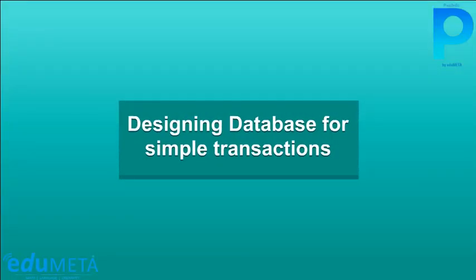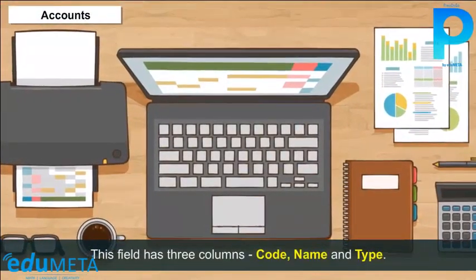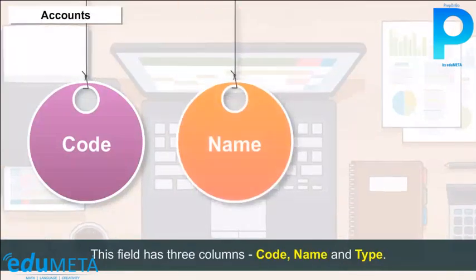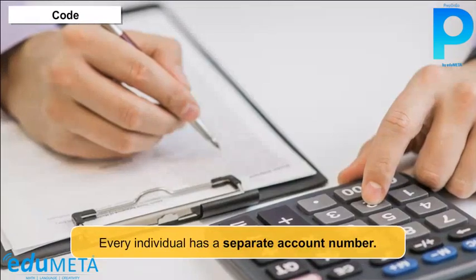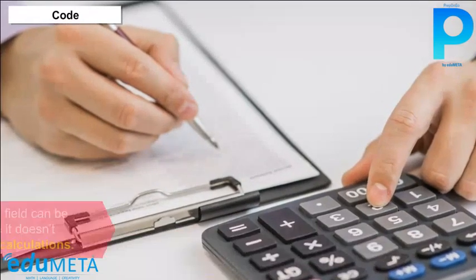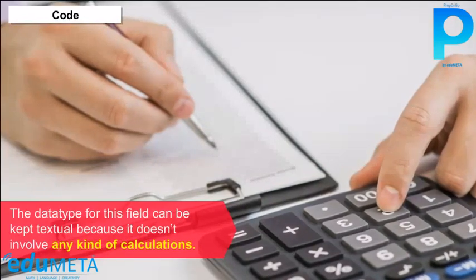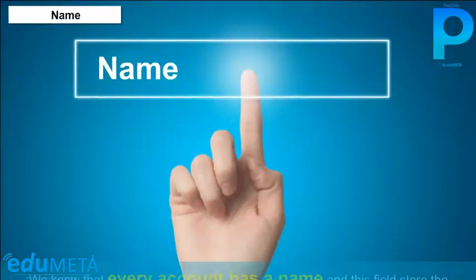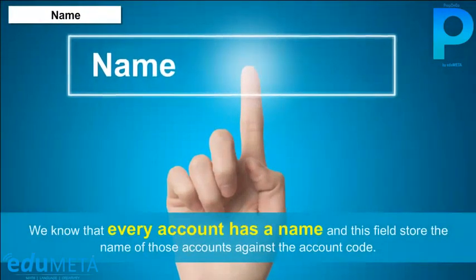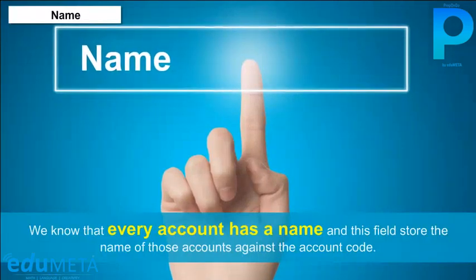Designing database for simple transactions. B. Accounts. This table has 3 columns: code, name, and type. Code. Every individual has a separate account number. The data type for this field can be kept textual because it doesn't involve any kind of calculations. Name. We know that every account has a name, and this field stores the name of those accounts against the